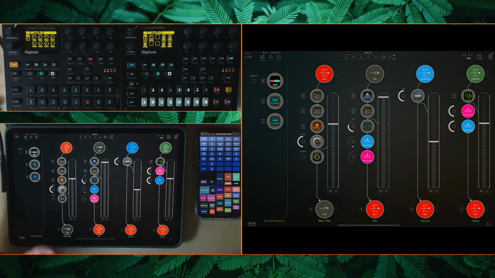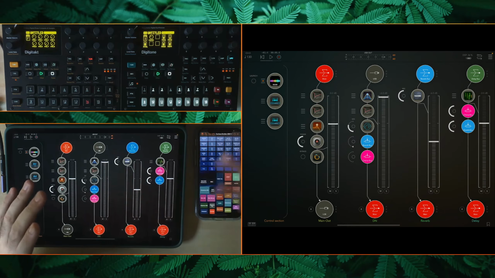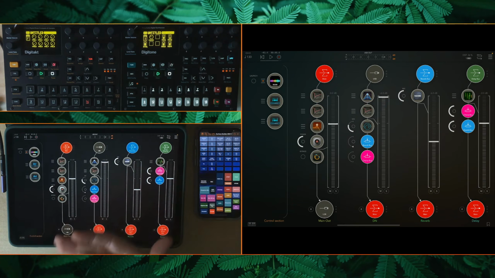In this process, the grouped track will also effectively get processed by the plugins that are loaded on my main